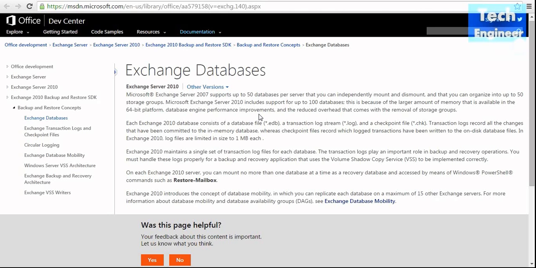Now, remember one thing: each Exchange 2010 database consists of a database file, a transaction log stream, and a checkpoint file. So every Exchange 2010 database consists of files, and these are the database files. Their extension used to be called EDB, a transaction log stream, which is with